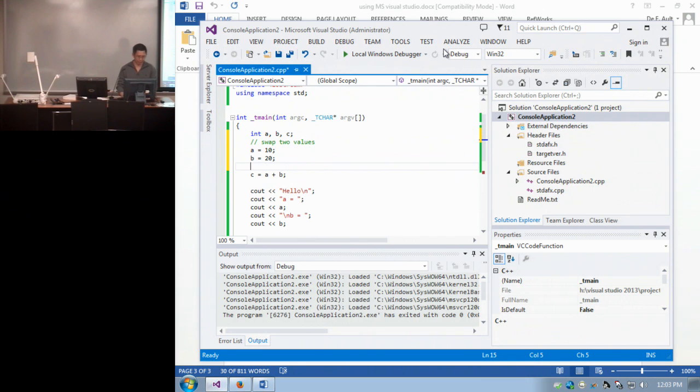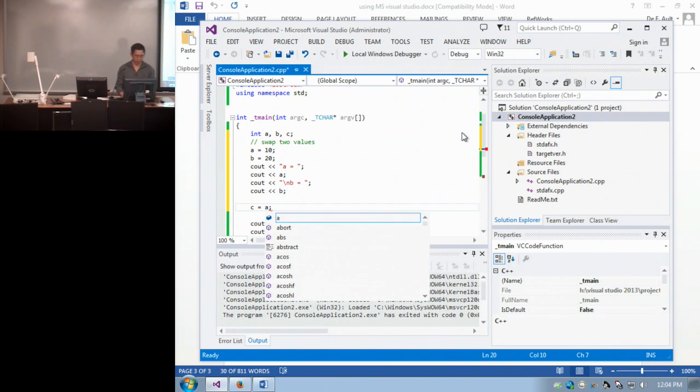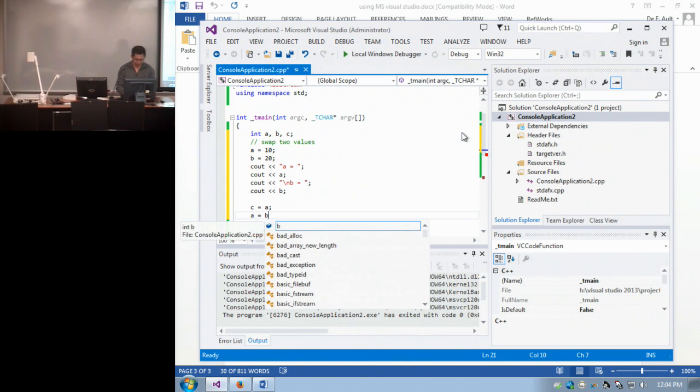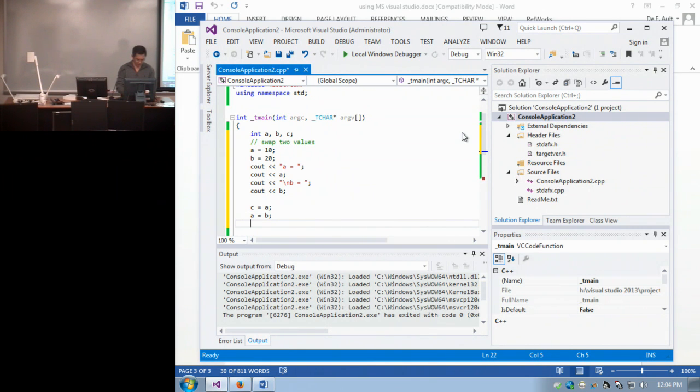All right, I assign the values of 10 to A and 20 to B now, and then I need to output that to see it. So I output it here. This will output the value of A and B, and then what I need is a temporary variable, which is C. Okay, this statement, I assign the value of A to C, and then this statement, I assign the value of B to A, and then